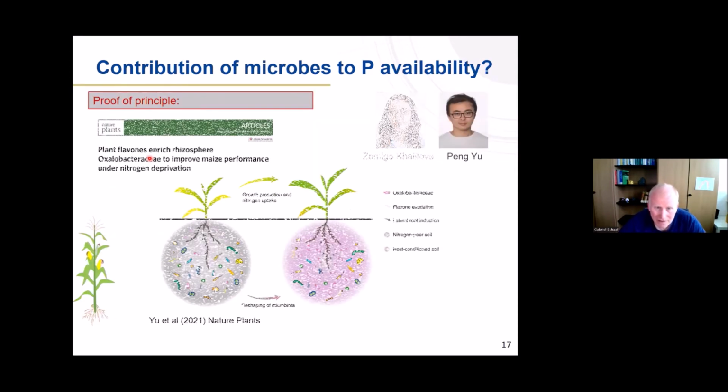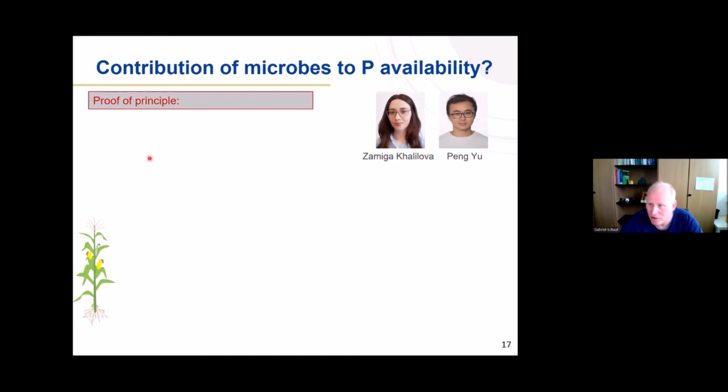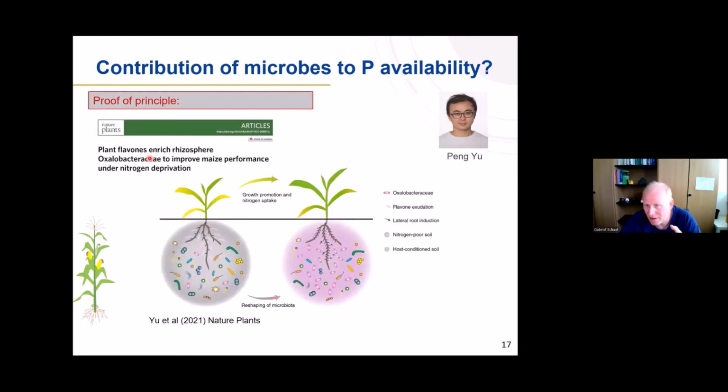Now, what I want to mention, and this is of course a short wrap up, is that we also are interested in the contribution of microbes to P availability. And this is a project from Samiga with Pang Yu together. And before I tell about her project, I want to shortly mention work that he has also presented in the seminar series, but just to show in a small slide, that in this Nature Plants paper that was published